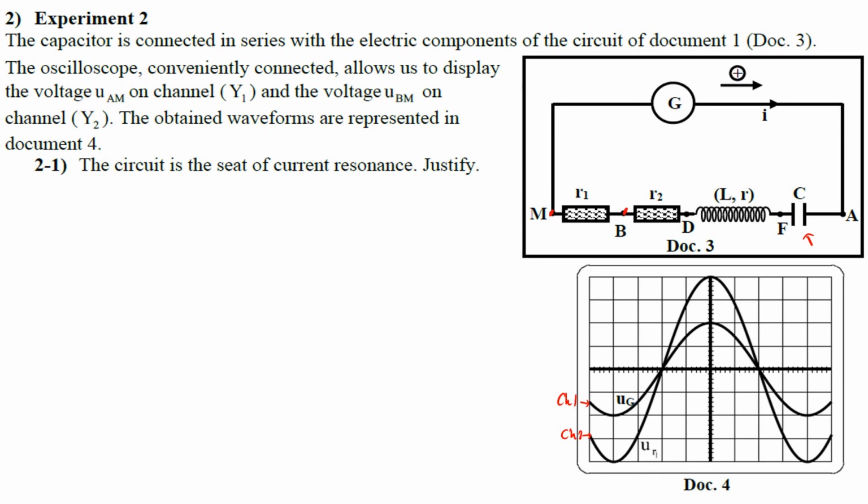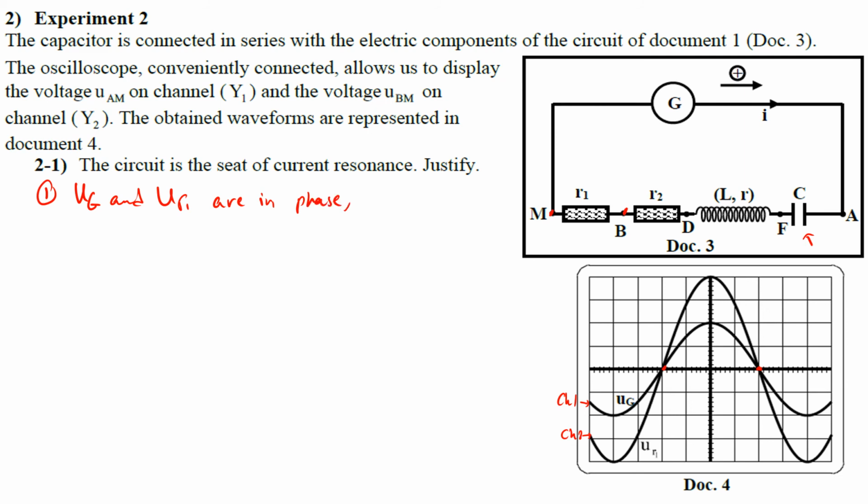Before we solve for anything, as you see, they are in phase. There's no phase difference between the two waveforms. So let's see the question. The circuit is the seat of current resonance. Justify. First reason, because we have both UG and UR1 in phase,